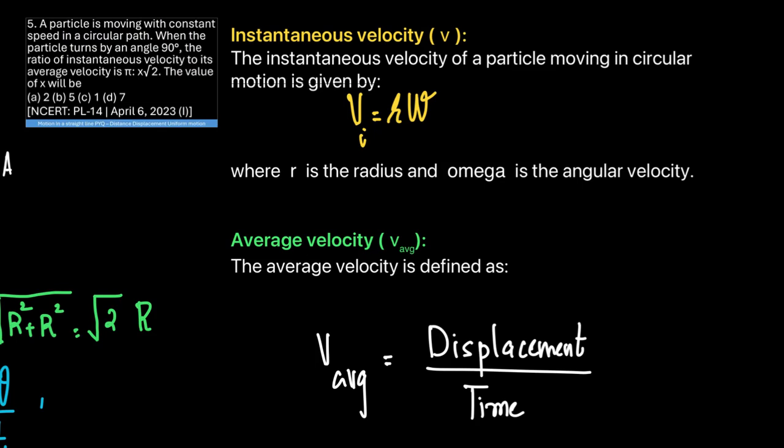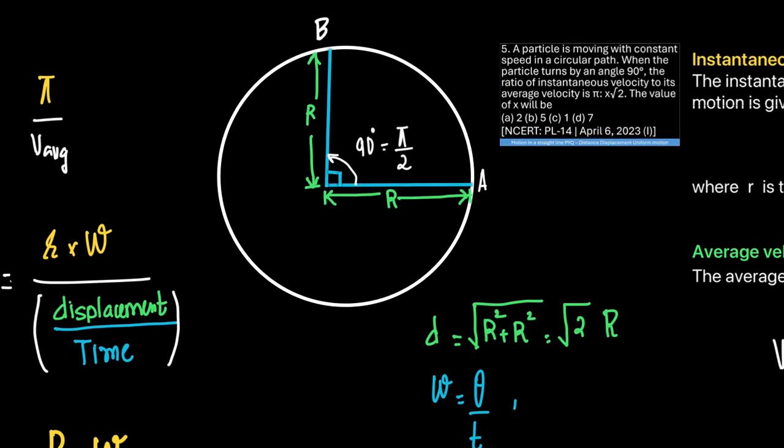Okay, so before going to this question, let us first try to understand what is instantaneous velocity in a circular path. It's actually given by Vi is equal to r omega, where r is the radius of the circle and omega is the angular velocity. And what is average velocity? It is displacement by time. Coming to this question,